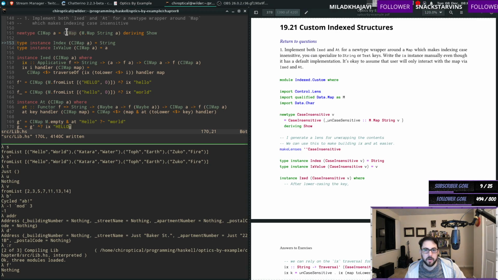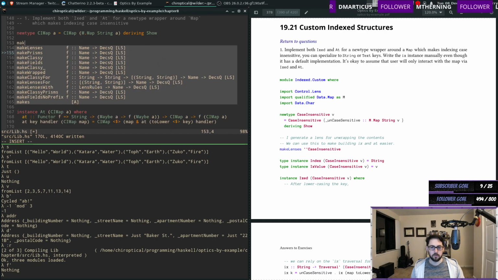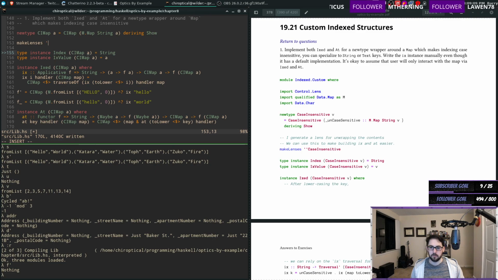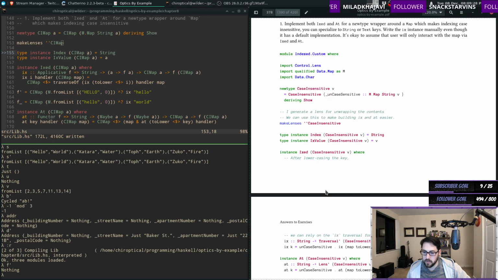Okay. So CI map. Oh, we never made the lenses. Well, maybe that matters. CI map. So if we make the lenses, does that get us anything? Yeah, so it's a string. And yep, we're getting an A out of it. After lowercasing the key,